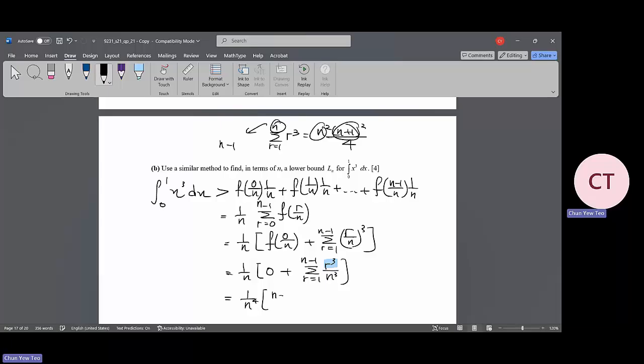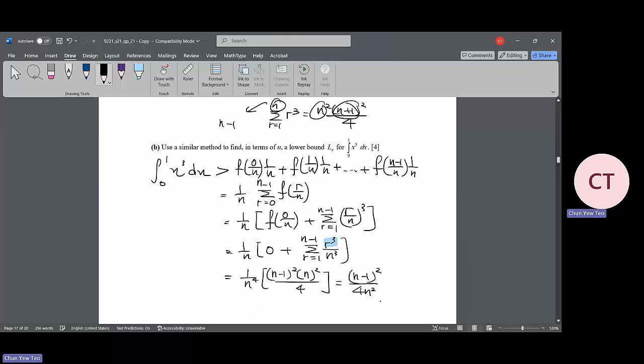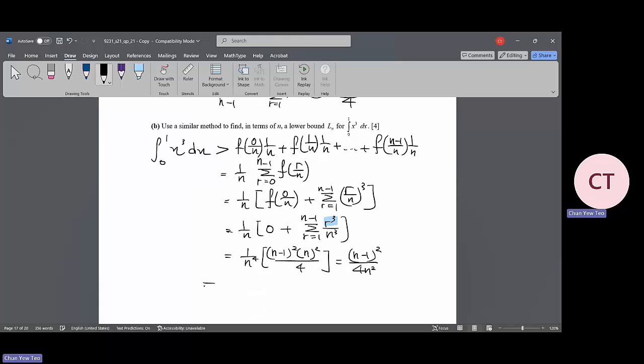So this will become n minus 1 squared, n squared over 4. And if you expand them, you will get this as n minus 1 squared over 4n squared. So that means your Ln is equal to n minus 1 squared over 4n squared. That will be the answer for the